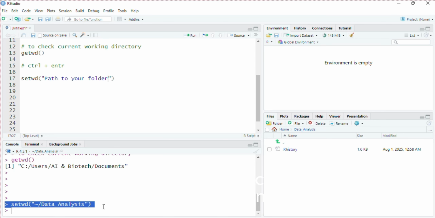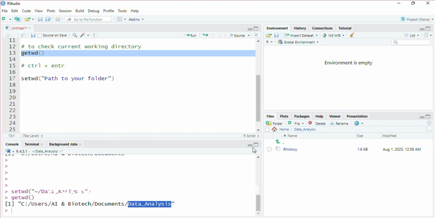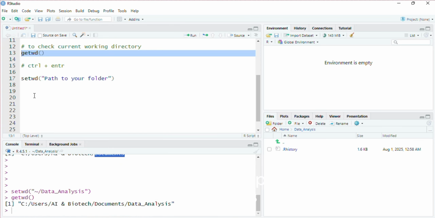To check if it's set correctly or not, run this command again. Now, from the Documents folder, my current working directory is the data analysis folder. Remember that if you copy a path from Windows, it will have backslashes like that. Let me show you. If I want to make this microarray analysis folder my working directory, I have to copy this path. And if I paste it here in the command setwd, in quotation marks, then the path,